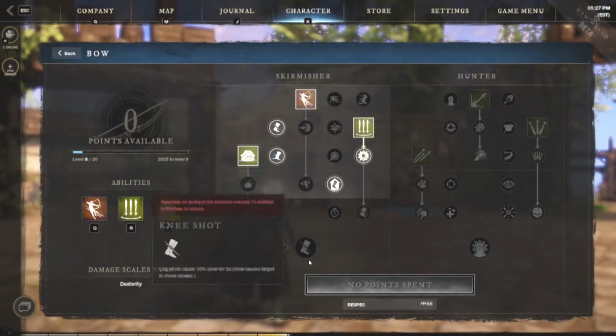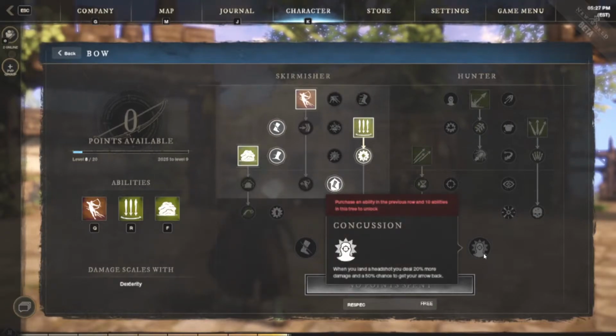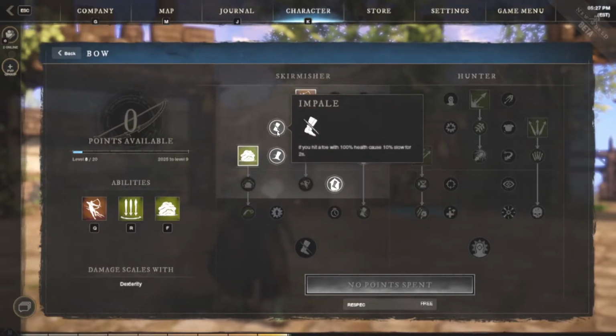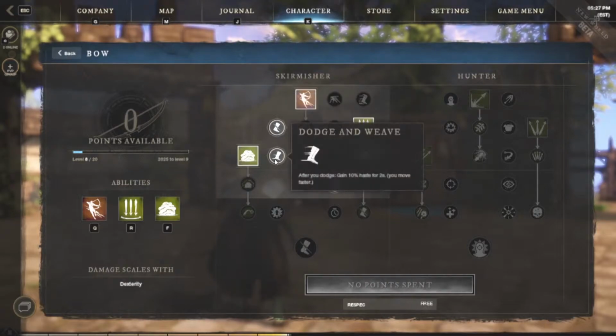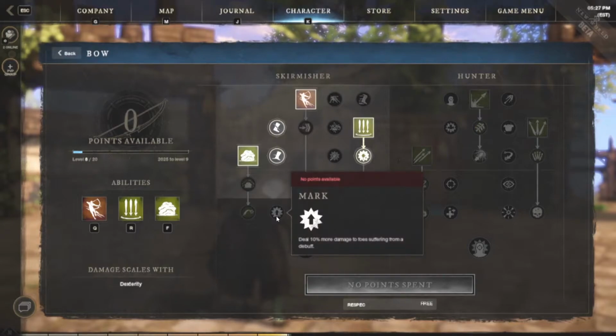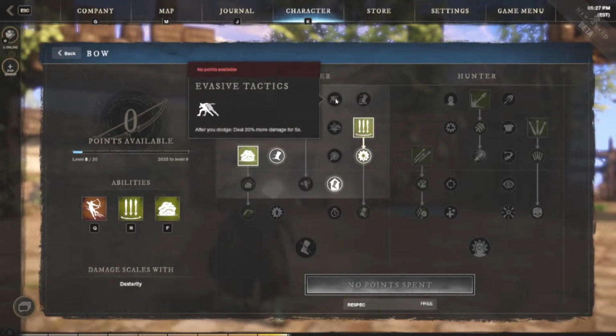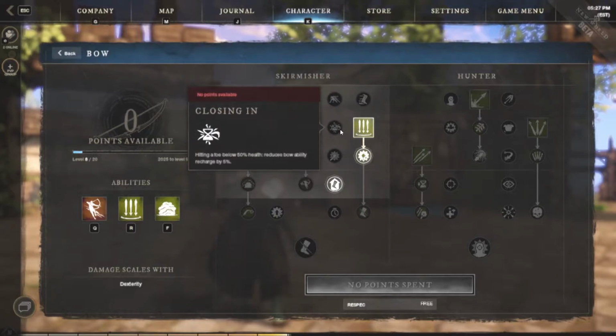The ultimate abilities for the bow are Knee Shot, which passively makes leg shots slow for 10%, and Concussion, which causes you to deal 20% more damage with the headshot and give you a 50% chance to return the arrow ammunition. For passives, you have a 10% slow if the enemy is at full HP, 10% haste for 2 seconds after dodging, 10% more damage to foes suffering a debuff, 20% more damage after dodging, 5% ability cooldown for shooting